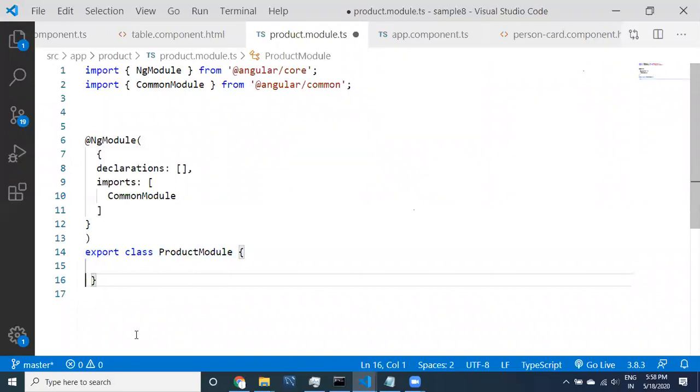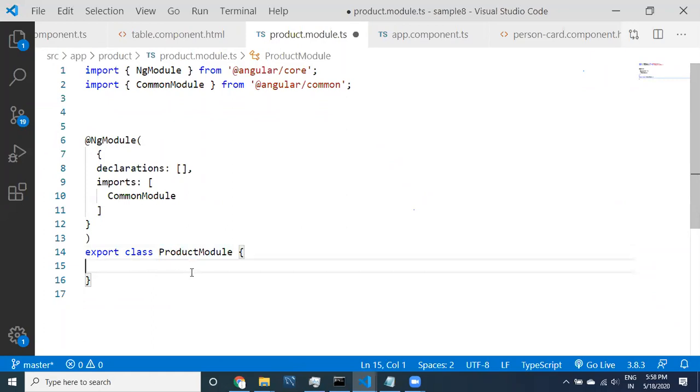In older versions of NgRx or something like that, there was a constructor written to initiate NgRx. In newer versions, even that code is not available inside this product module class. So finally, you have to remember only one thing: this module class contains nothing.